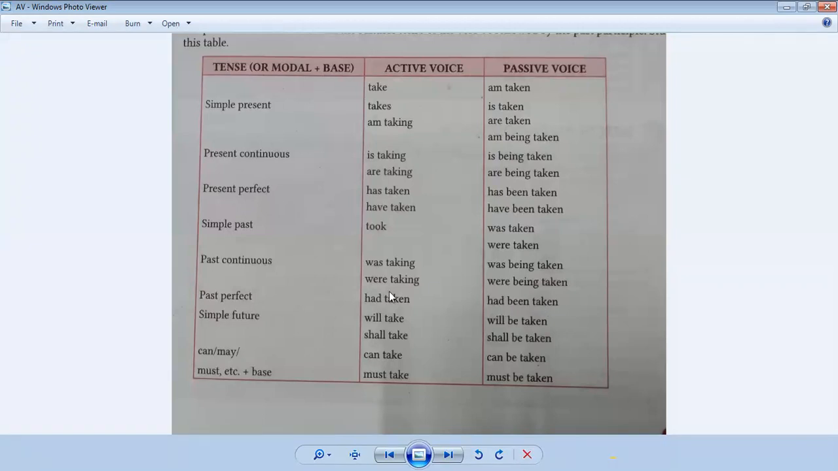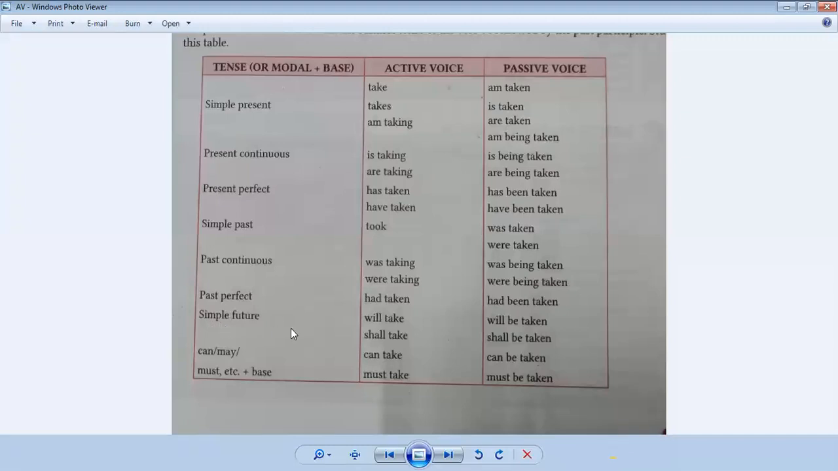For example, she had taken the umbrella. The umbrella had been taken by her. So three kinds of present tense, three kinds of past tense. Next,